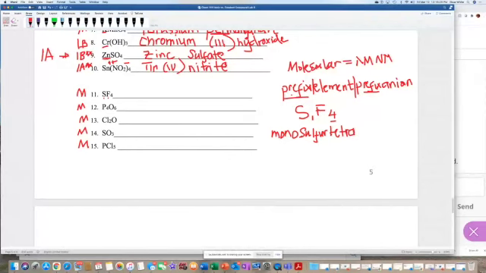This is not oxide, so I don't have to consolidate anything. Name the remaining F as an anion: fluoride, right? But the mono here has to be canceled out. So this would be sulfur